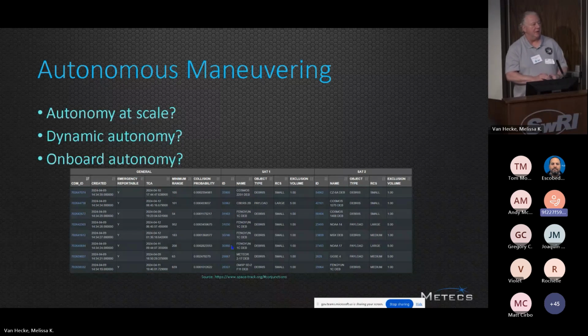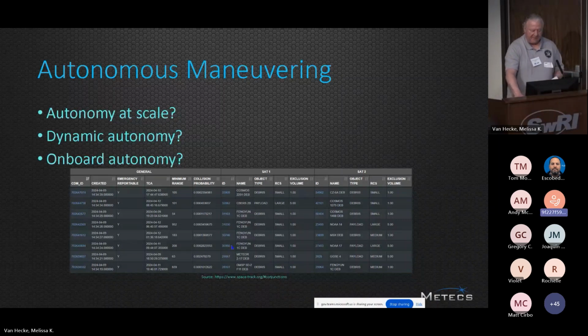I could see a situation, though, where if there were some exceptional events or a scenario that hasn't been seen before or a multi-body conjunction event, which as far as I know is hypothetical, those kinds of things could probably require human intervention. And so I had this idea that when you have autonomy at scale, you're going to have a lot of things done without human intervention, but then there's going to be these exceptional circumstances. Maybe you put up guardrails in the automation. And that's where I think the second point that I want to bring up is not only human fallibility, but the idea of guardrails around automated systems are both key points that we could keep in mind.